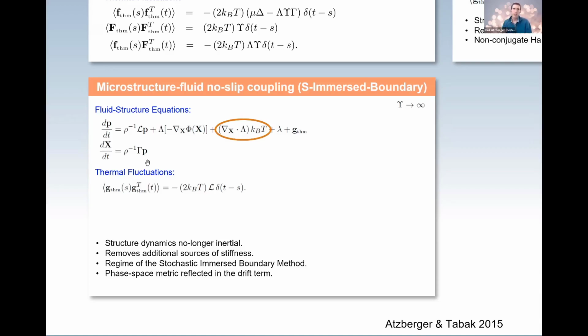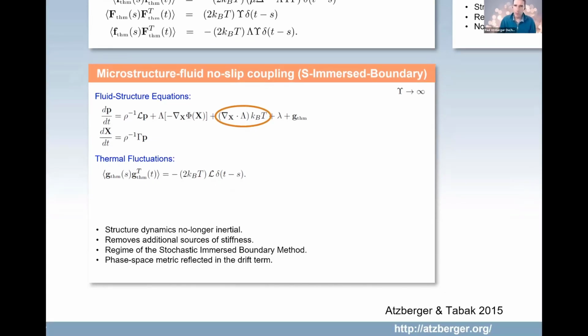And so that's what I meant about the fluid equations, in some sense doing double duty. And so that's one of the really nice, elegant aspects of the immersed boundary method, is you eliminate needing those extra inertial momentum equations, and that leads to a lot of computational advantages and efficiencies. And so that's what's being written here in a slightly non-standard form, because I'm using the momentum of the fluid field, P here, instead of rho U. But you could just put rho U here and everything would reduce to the familiar form of the immersed boundary system. Okay, and then the thermal forces come out of that, and it simply reduces in this case now to negative 2 kBT L. It's just that there'll be an additional drift term that we have to take into account.